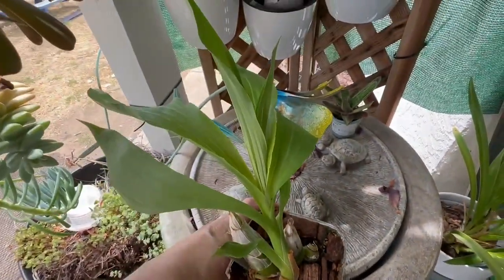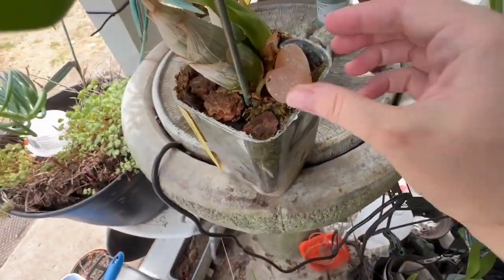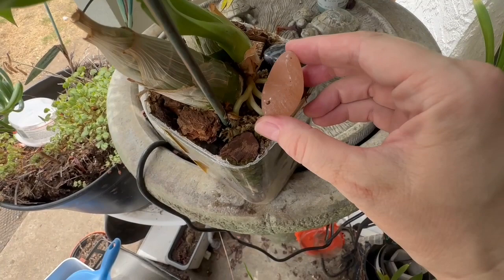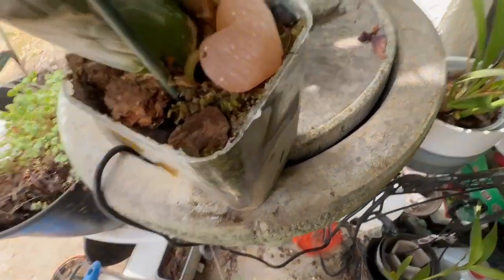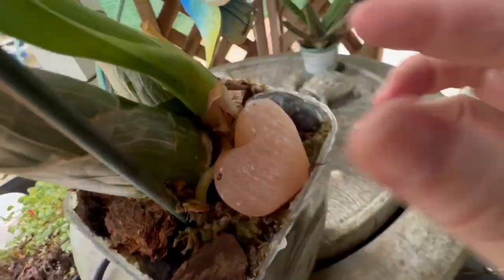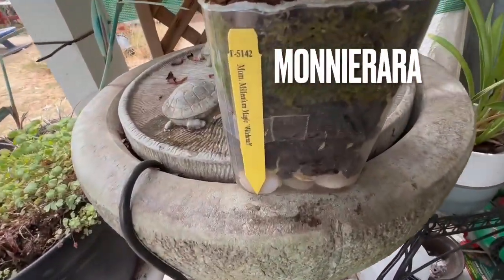So this is my biggest growth so far, and this one the roots were kind of up above, so I put these decorative rocks over the top. It seems to be doing okay. I'm not seeing a spike yet. This is actually my